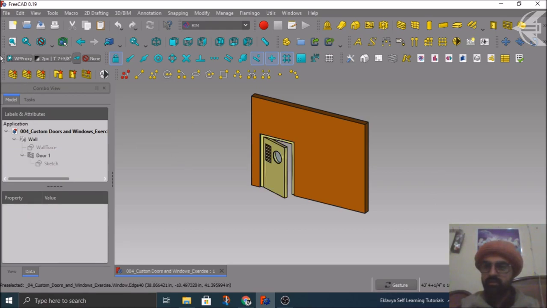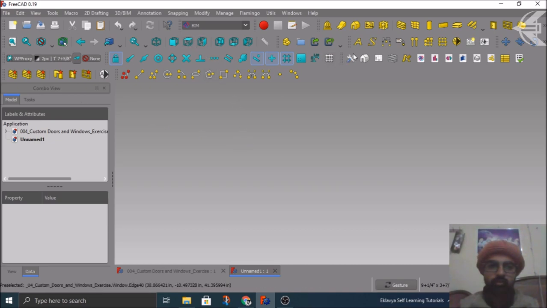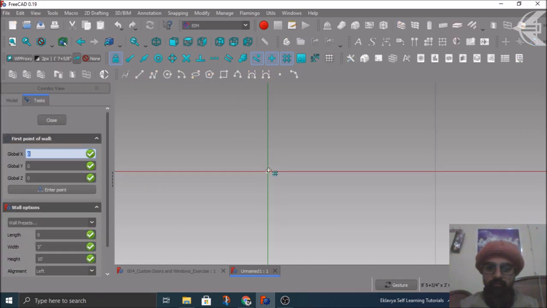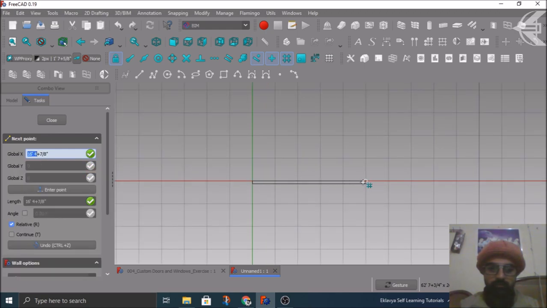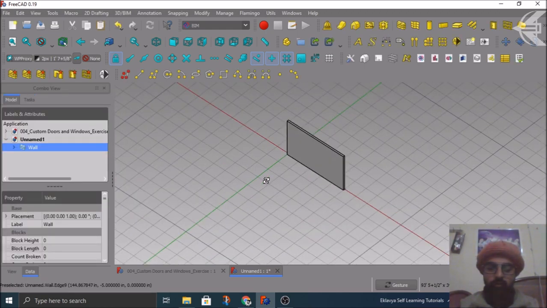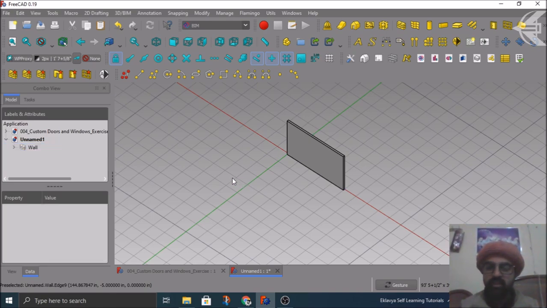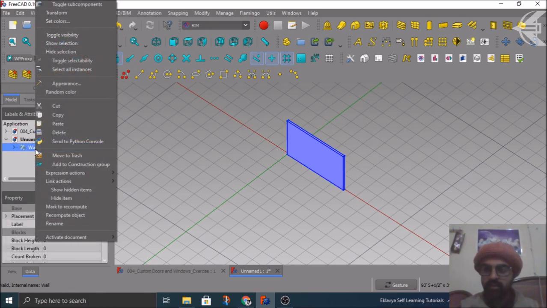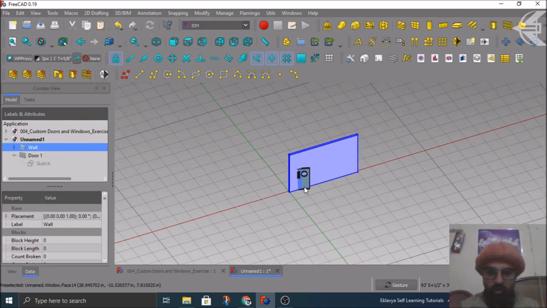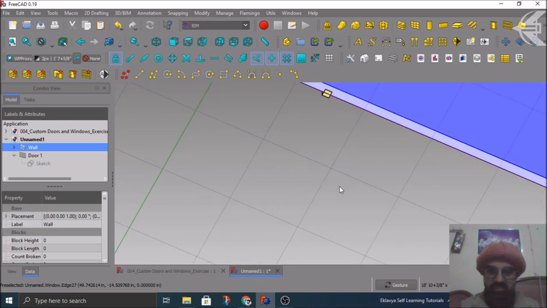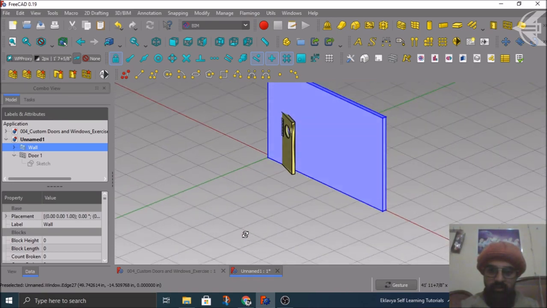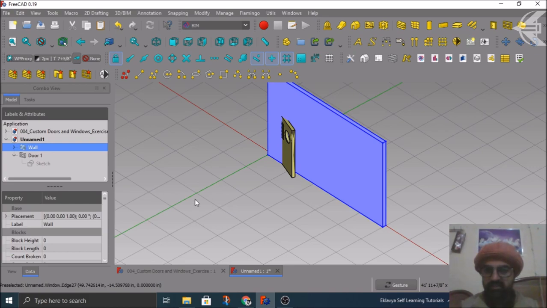Now what we'll do is, suppose we have an already existing model, or we can create a new model here. So let me just quickly create a wall here for you. All right. So as you remember you have already copied the object. So now you can simply press Control V, or you can go to your wall object and click paste. When you click paste, you can see you get your door object here somewhere, but that is not subtracting from your wall object. So there are certain things that we need to do.